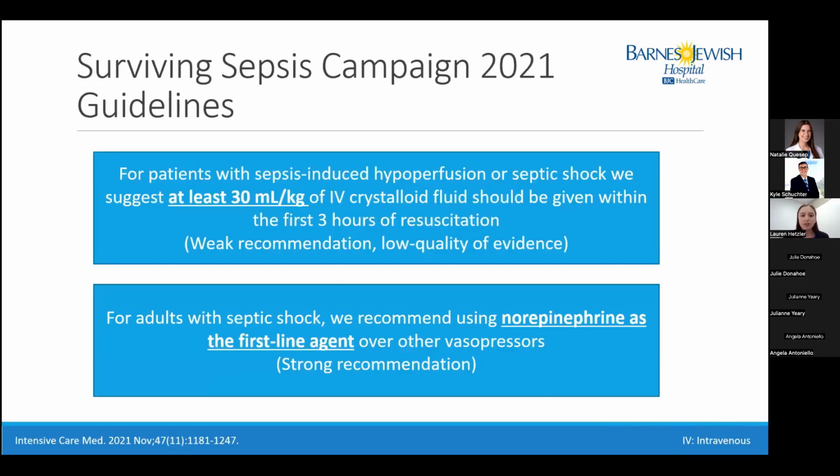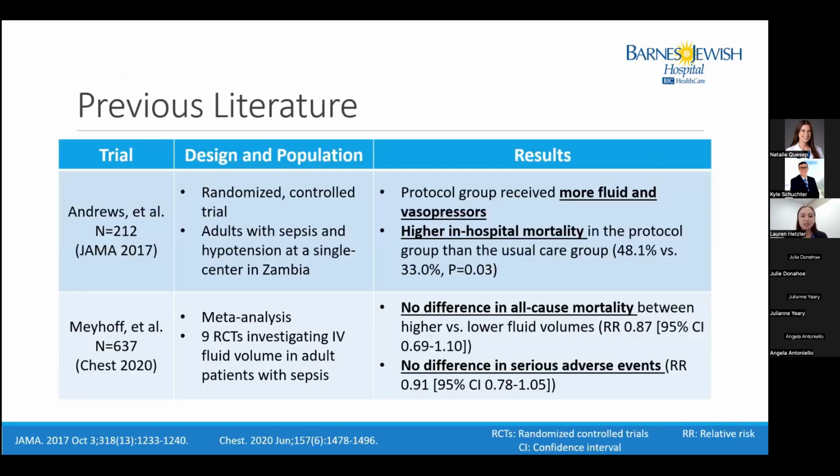We know that the Surviving Sepsis Campaign guidelines recommend at least 30 mL per kilogram of IV crystalloid fluid and then norepinephrine as the first-line vasopressor agent. But what we don't have as much information on is how much fluid to be giving after that initial resuscitation, and then when to start vasopressors. And there really is a limited amount of literature, especially prospective in nature, looking at a restrictive fluid approach in